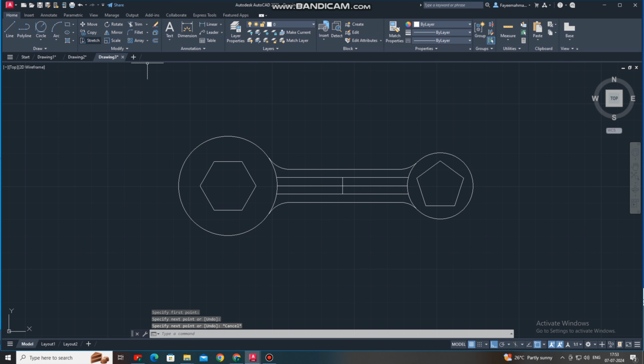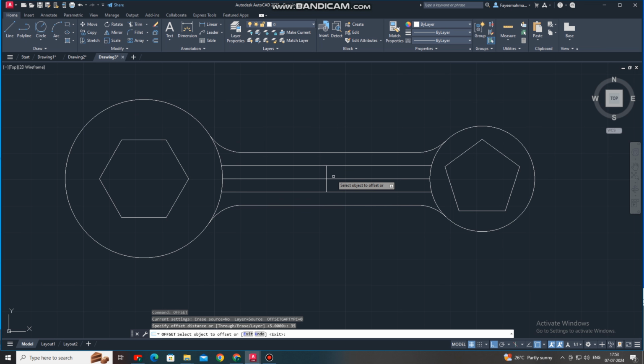Okay, so here it's time to create offset of 35. So go to the offset, select 35, select this line and make it right here and left this side. We will create this one. So again we will make the trim. So go for trim, select this line, this one, this one. Now we select this one also. So here just we select and delete it.